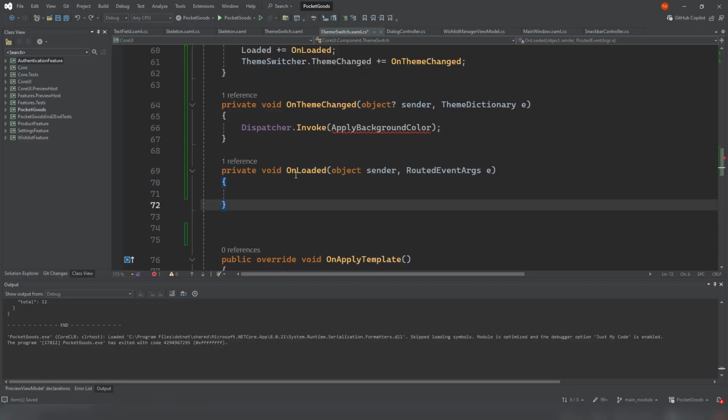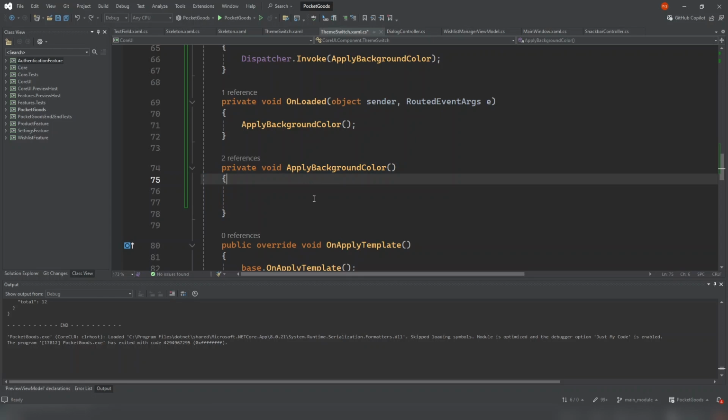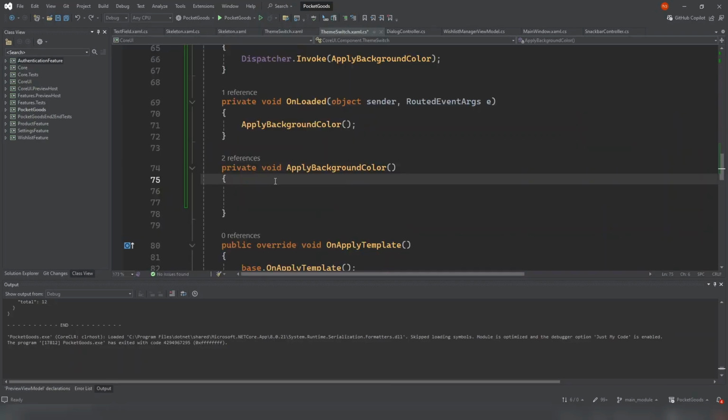Now for onloaded, it's going to be the same thing as we have done earlier in skeleton loader. Let's try to get the background, and inside onloaded, we're going to apply background color as well. Now we have to implement the apply background color. Now the trick is we have to find basically the track elements under the template. All right. Since we are not able to add here dynamic resource under control template, we have to do it in the code behind. We have to look for this particular element using the template and then try to find